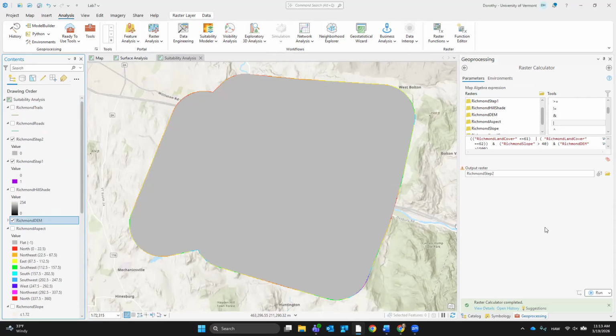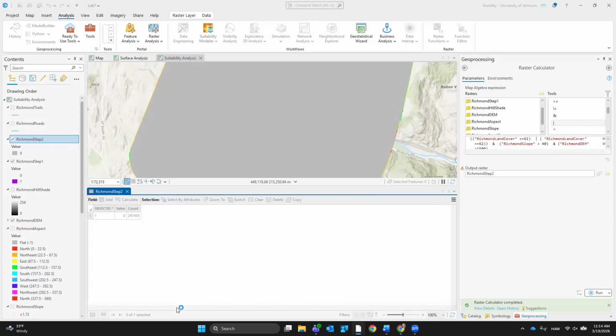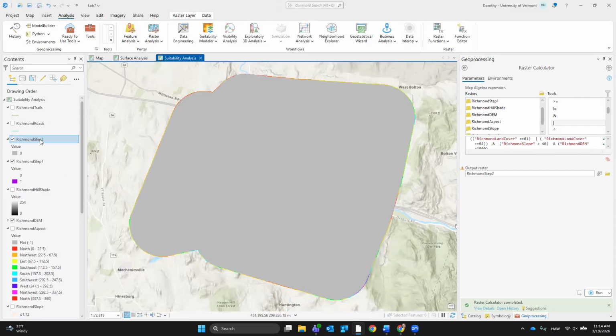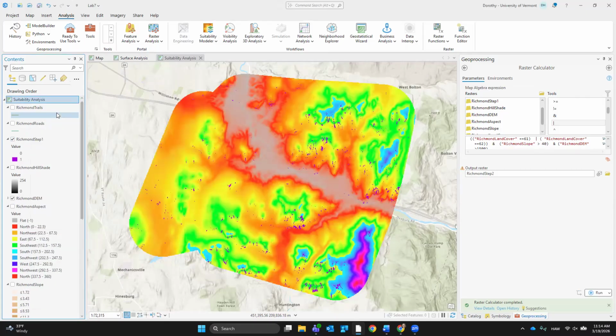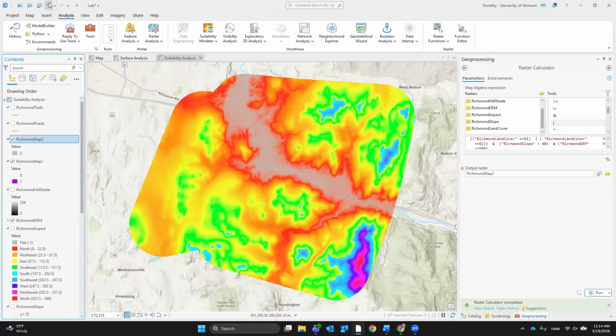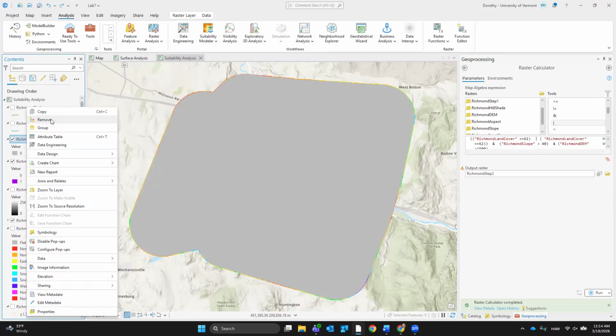Okay, so this is what I would do. I'm going to open up the attribute table. There's only zeros, so that definitely means I did something funky. So I'm going to remove it. Remove it.